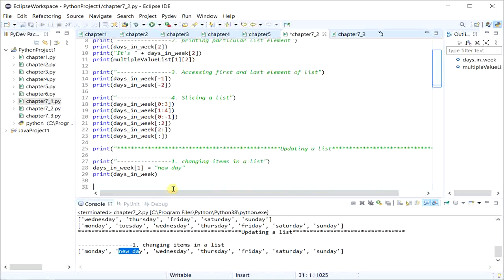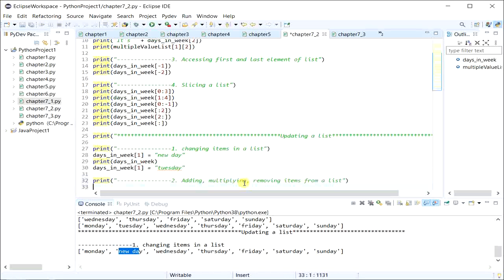Let me update the list item back to Tuesday. Okay. The next thing we'll be learning is how to add, multiply and remove items from the list. So how do we add items to the list?